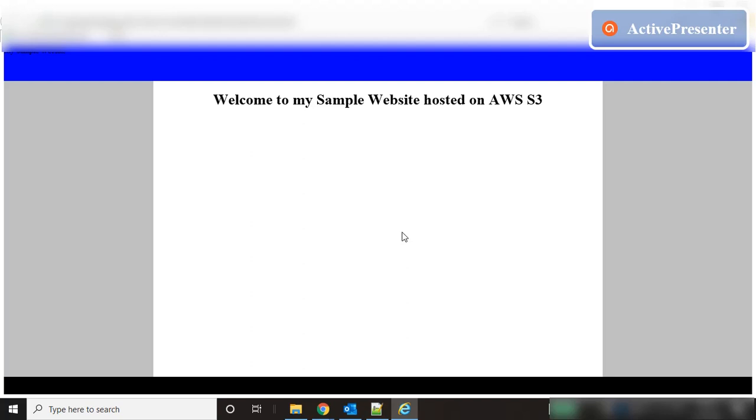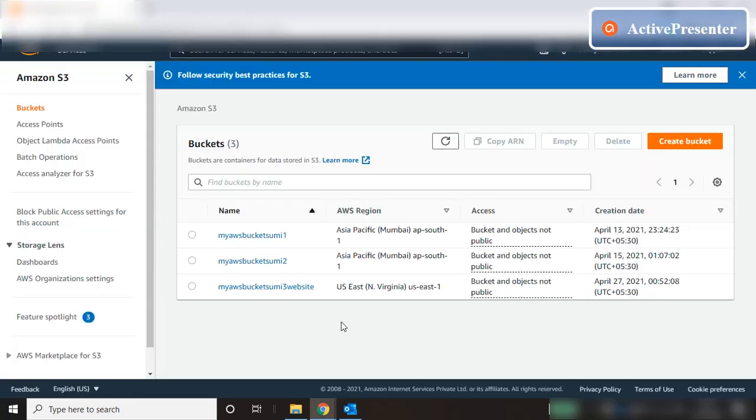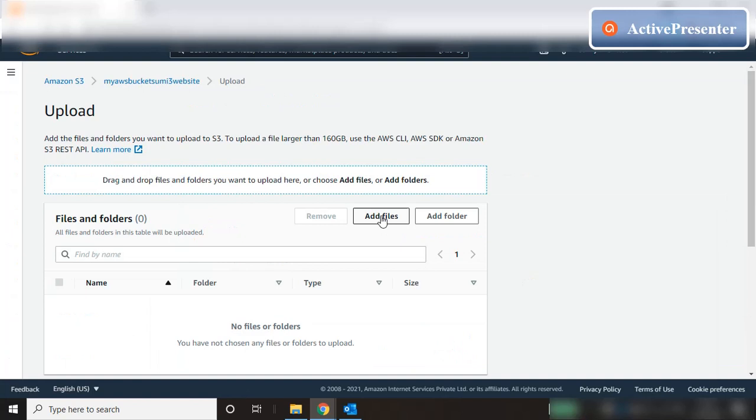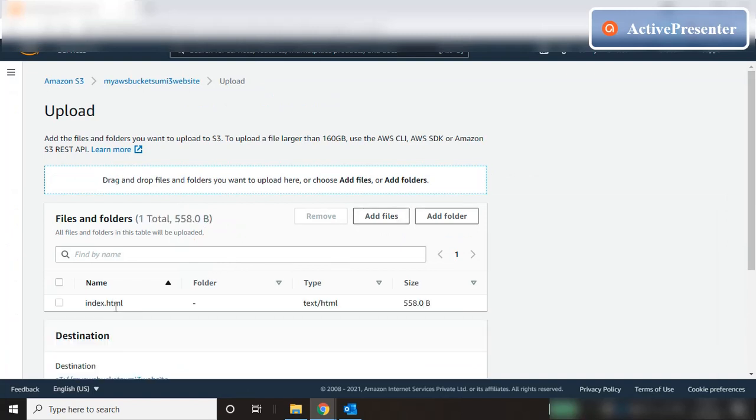So this is the page we're trying to load on the S3 bucket. So when we hit the website endpoint for the bucket, this is the page we need to show. Okay, so let's upload this to the bucket. Okay, so now we are back to our AWS console. We have the list of buckets over here, and this is the bucket that we are configuring as a website. So we are going to upload the object over here. So we click on upload, and we click on add files, and we browse the object and bring it here. So okay, I have brought the index.html over here,